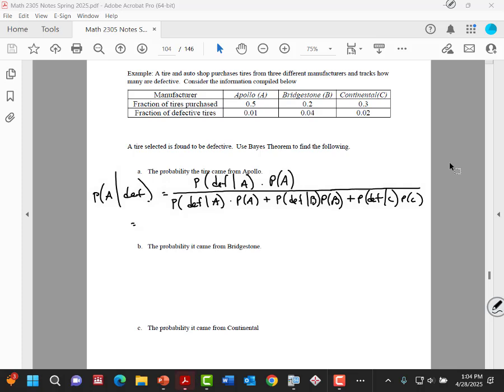The probability that it was defective given A times the probability of A, well, that is simply 0.01 times 0.5 over